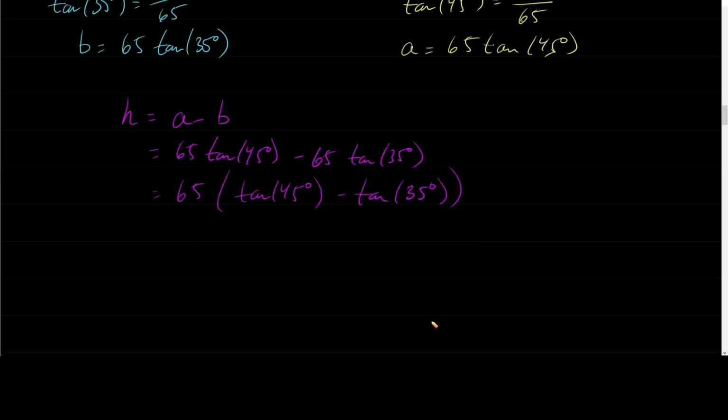And plugging that into the calculator, this entire thing, as written, make sure to use parentheses. So I'm going to write it as 65 parentheses tan of 45. Make sure you're in degree mode. Minus tan of 35. And again, make sure you're in degree mode. And this gives us 19.48